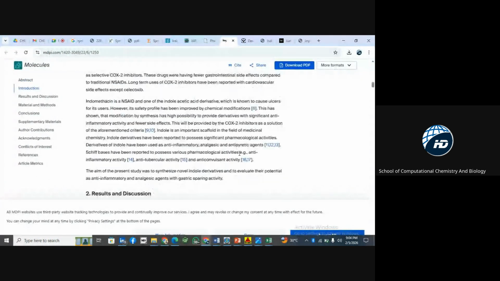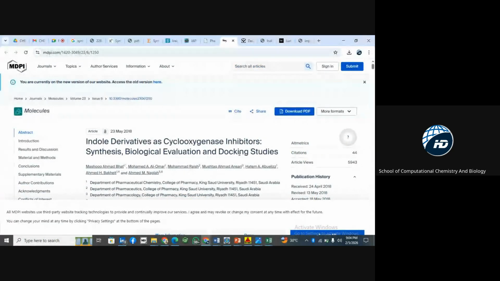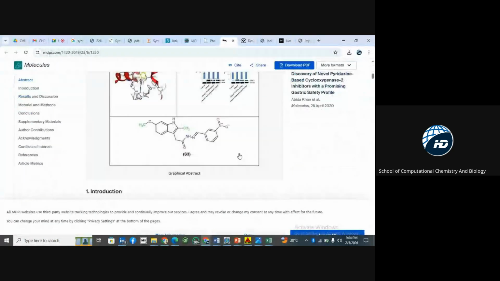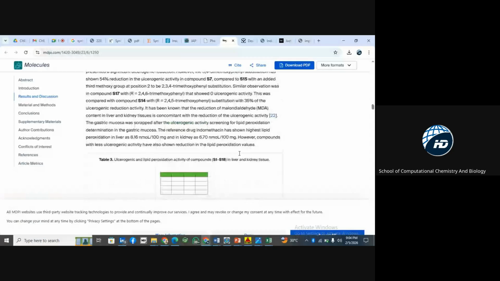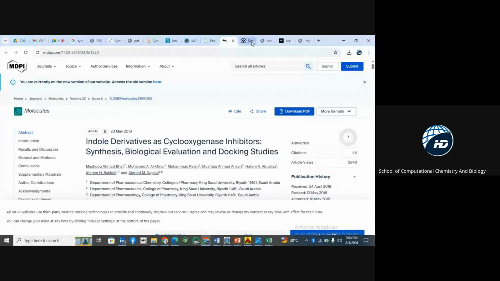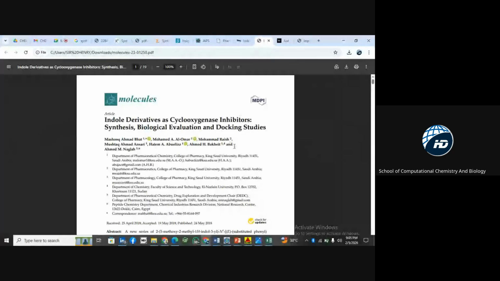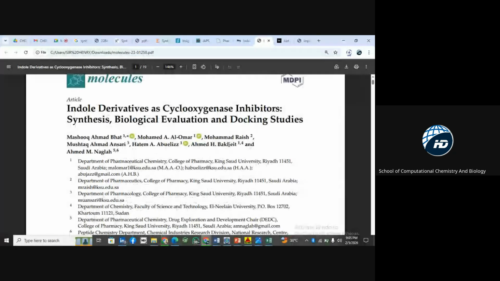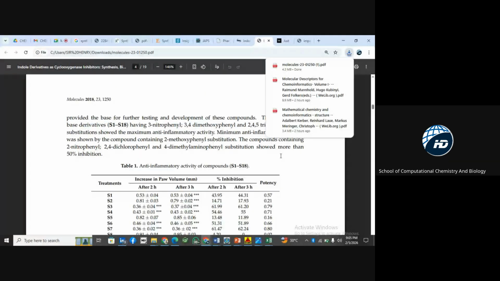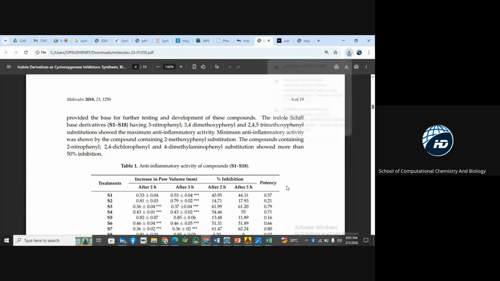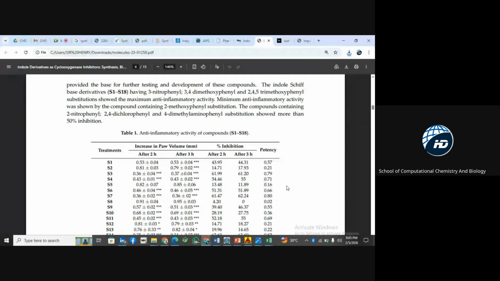Okay, I look at this study. They did the indole derivatives as cyclooxygenase inhibitors. I think that is the one we just leverage on now. Okay, this is indole derivatives as cyclooxygenase inhibitors. You scroll down, S1 to S18. Okay, here